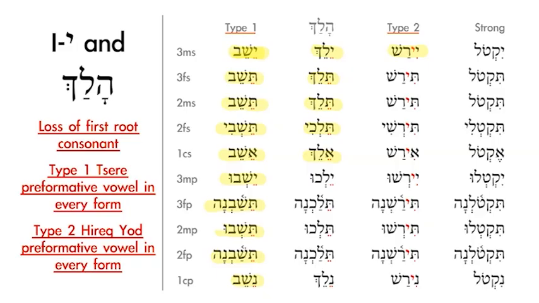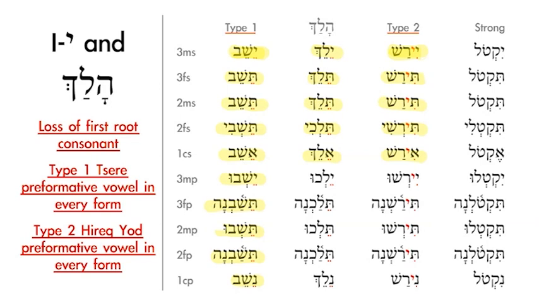With the type 2 class, you'll have a hiriq yod preformative vowel in every instance. Yirash, tirash, tirash, tirashi, irash. Now the nice thing about this particular form is that hiriq yod stem vowel will remind you that it's a one-yod verb. This is a very easy verb to reconstruct. You'll see two yods in a row, or a tav and a yod, or preformative and a yod, and that second yod will remind you that this is a one-yod weak verb,